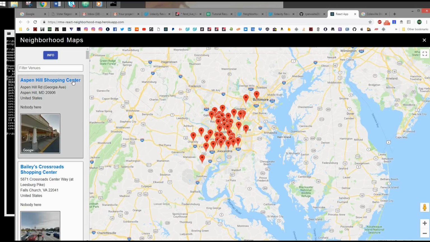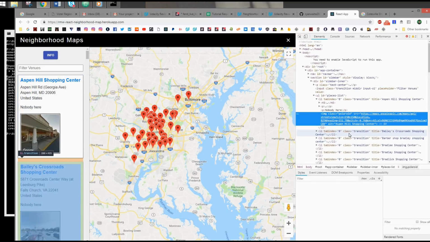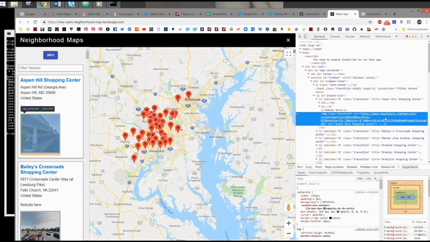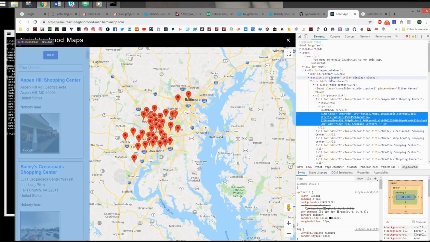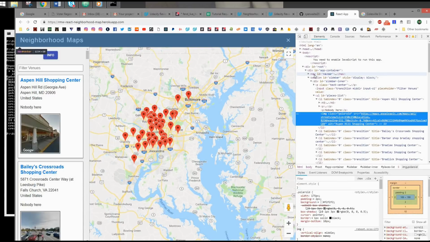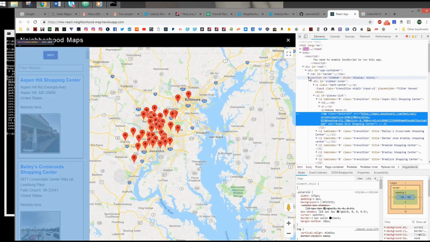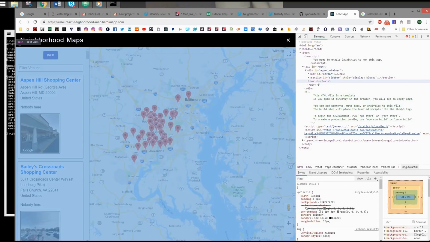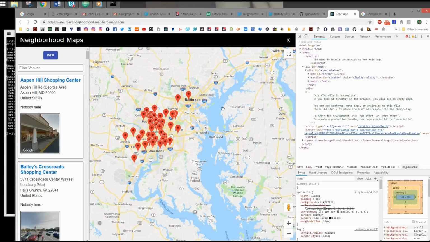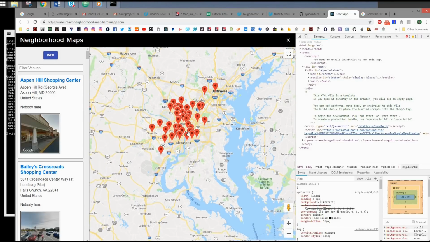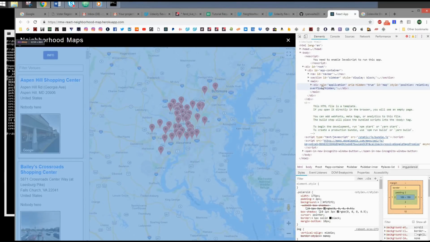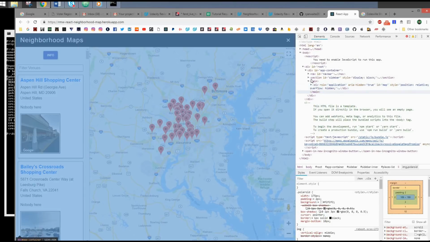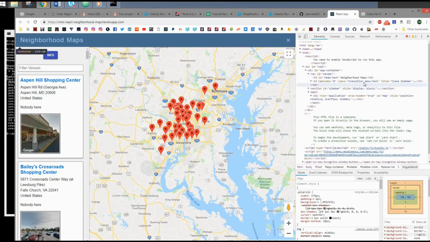It's accessible. We have title attributes, alternative text attributes, or the alt attribute. We come to the images, we can see alt is right here. We're using semantics, right? So I'm using nav tag, not just div. I'm using section, and I'm using main to signify that the map is the main part of the page. I'm using aria-hidden true on the map and role application. I'm not using much of the role